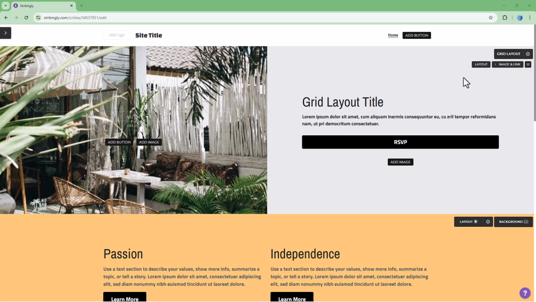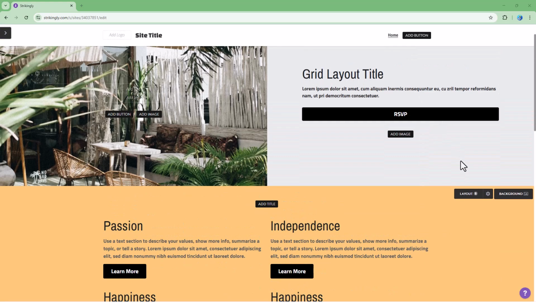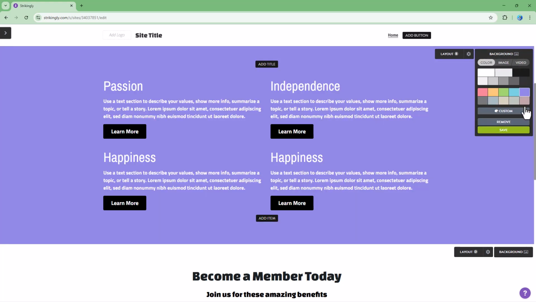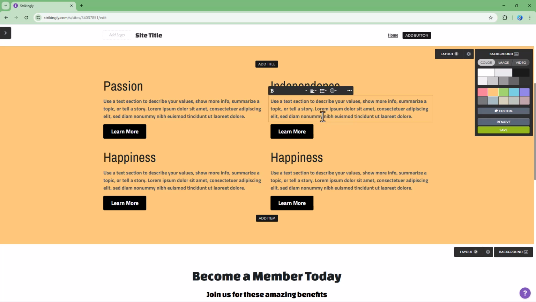So if I were to go to any place, like the background section, you can see that a certain color range is available right here. Similarly, if I were to go to text, you can see that certain text colors are here that I can choose from. So these are based on the color theme that you have